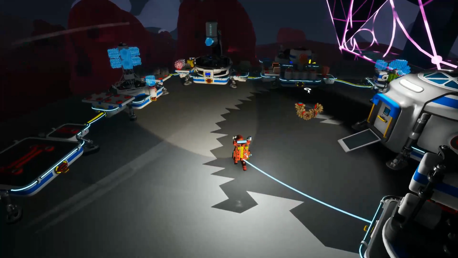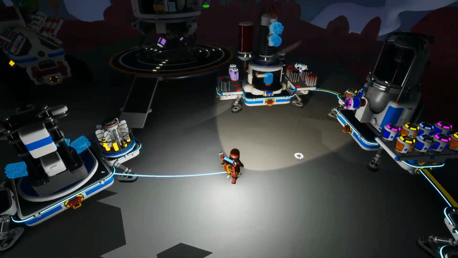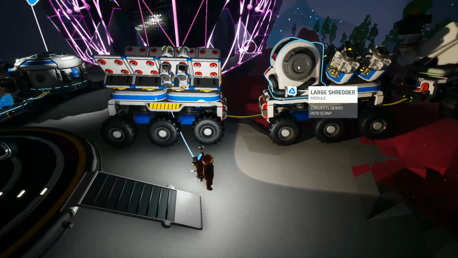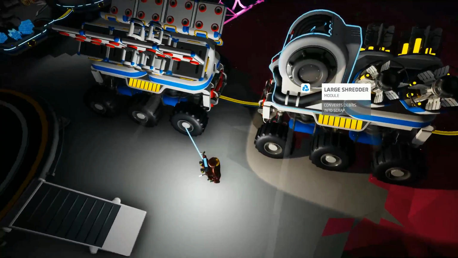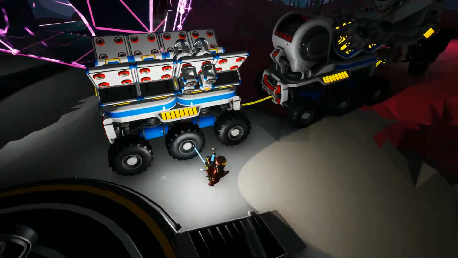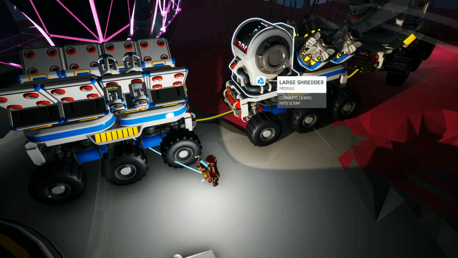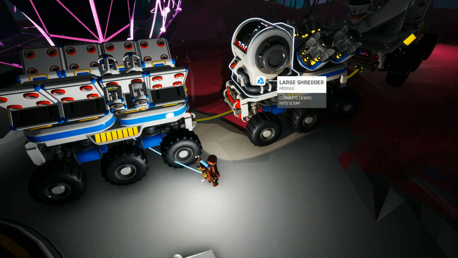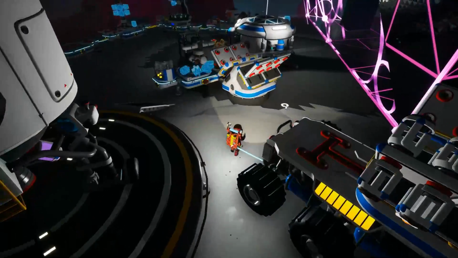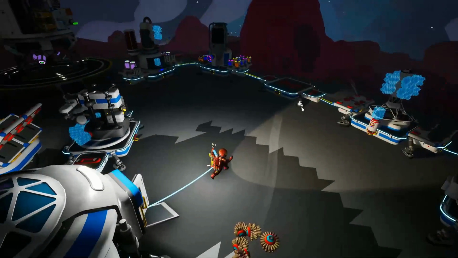In order for it to be worth our while, we'd need a smelting furnace, a trade platform, and a chemistry lab. And have to give up the shredder. We could leave the shredder, just bring the smelting furnace, and then at least we could smelt our stuff as we're drilling it. Oh, that would be cool, though. But the shredder, the whole point of the shredder is... Okay, so let's see. If we took this off... Smelting furnace...